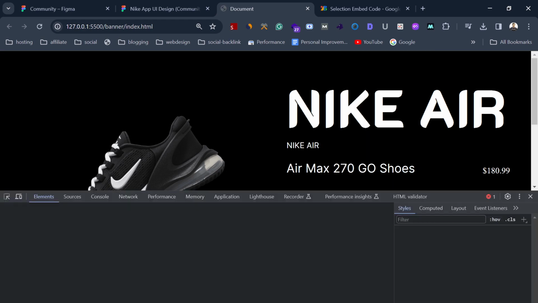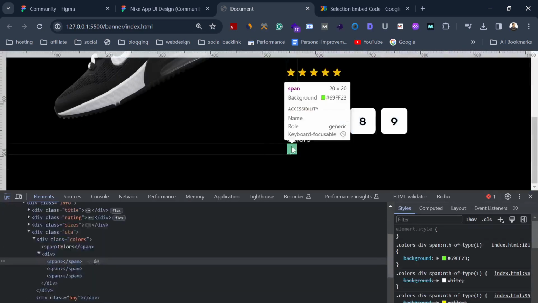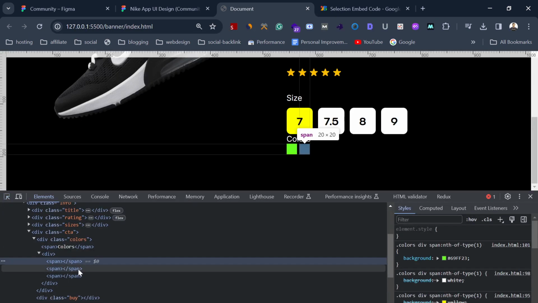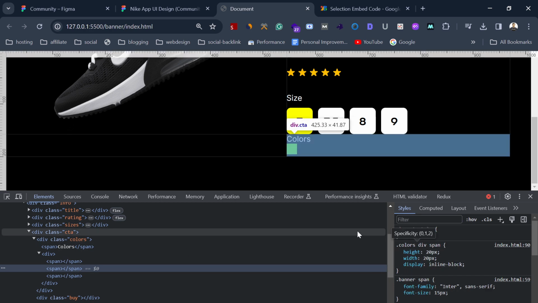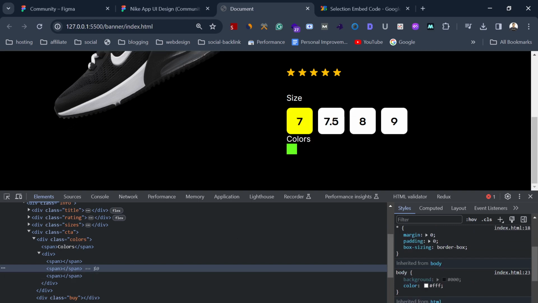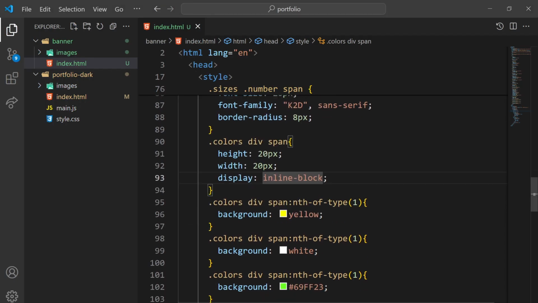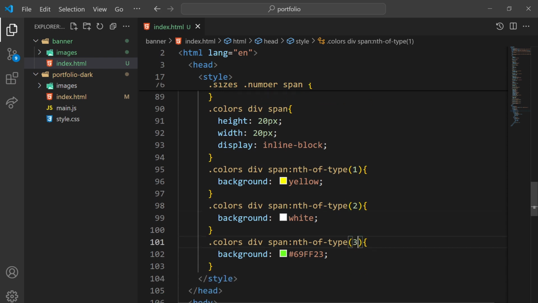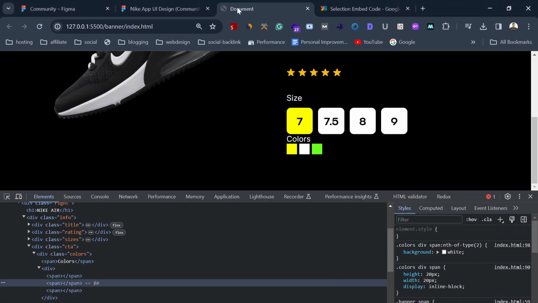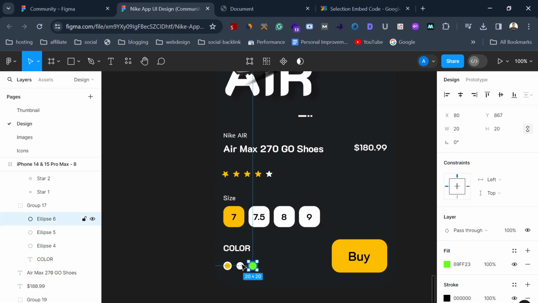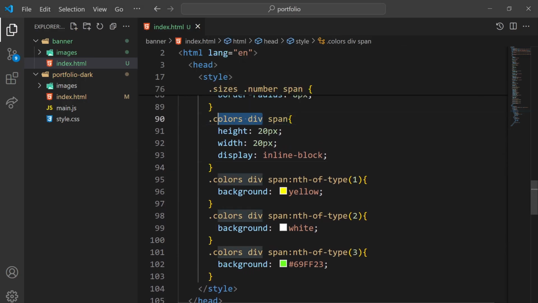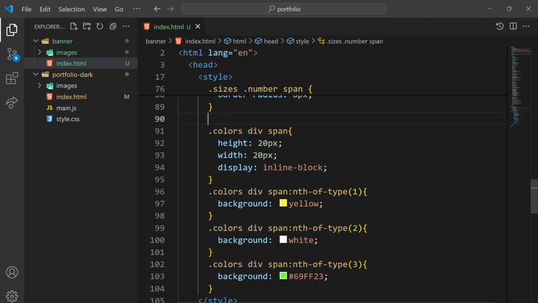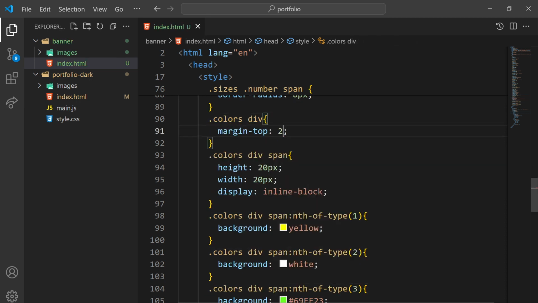Let's check why the item is not visible. If you check the other item, div span. Okay. Right here, change the selector to 2 and 3. Now it's coming. Now we have to make it circular and also give it spacing as 20 pixel. So for that, colors div margin top will be 20 pixel,